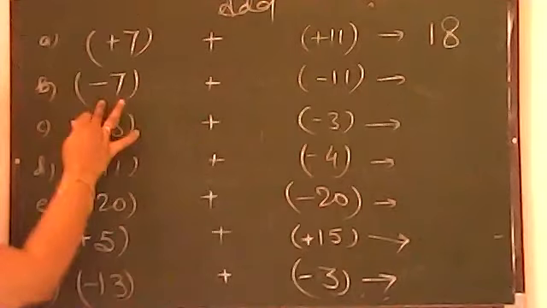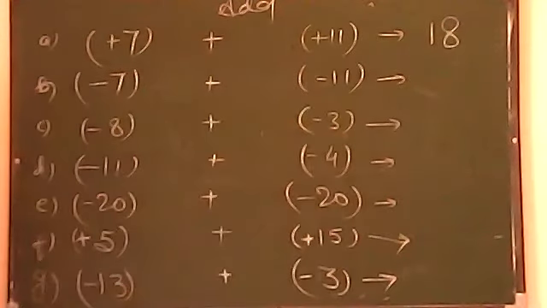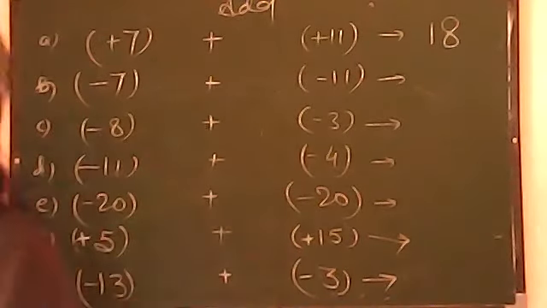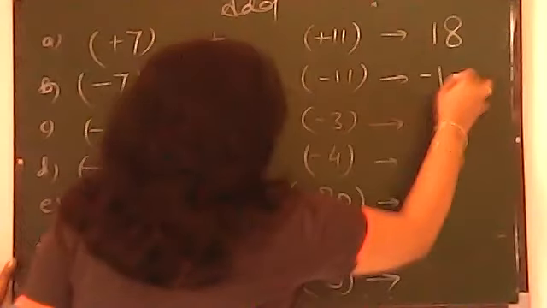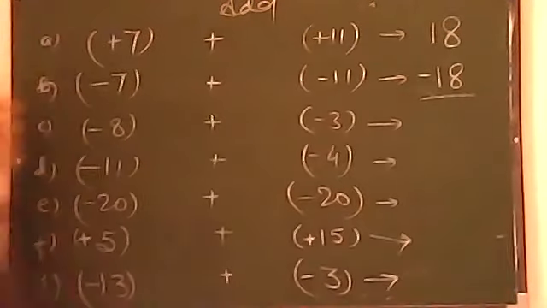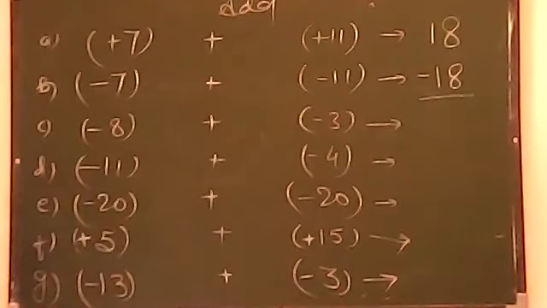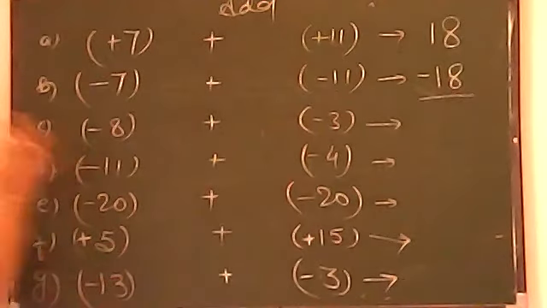It's minus 7 and it's minus 11. 7 negative coming together with 11 negative will give you the answer negative 18. Or you can also write it as 18 negative. Both are same. So the correct answer will be minus 18 in this case because both are negative, beta. So both negatives coming together will give you the answer as 18 negatives. Now move on to the C question.